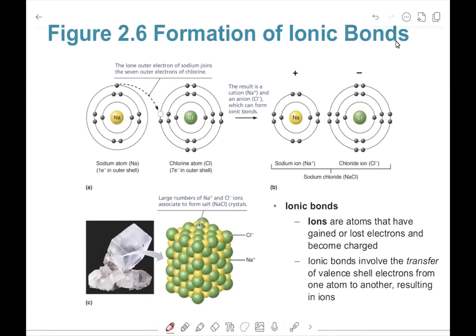There are three types of chemical bonds, and the first one is shown here on this slide. It's what's called an ionic bond, and an ionic bond is essentially formed with something from the far left of the periodic table and something from the far right side of the periodic table. So when you look at your periodic table, the easiest way to notice it is when we look at the